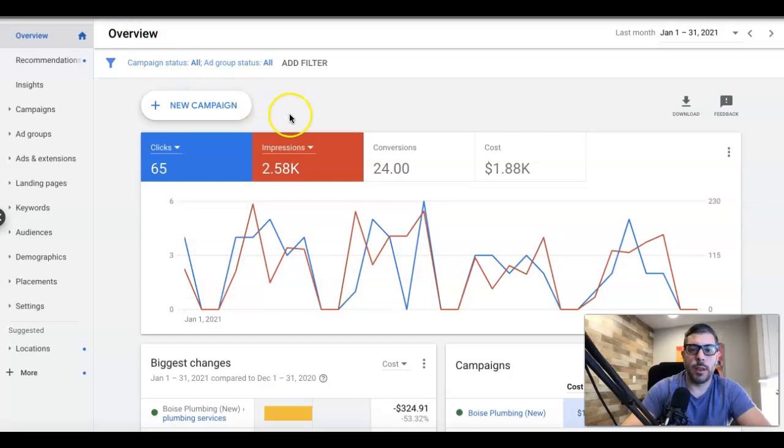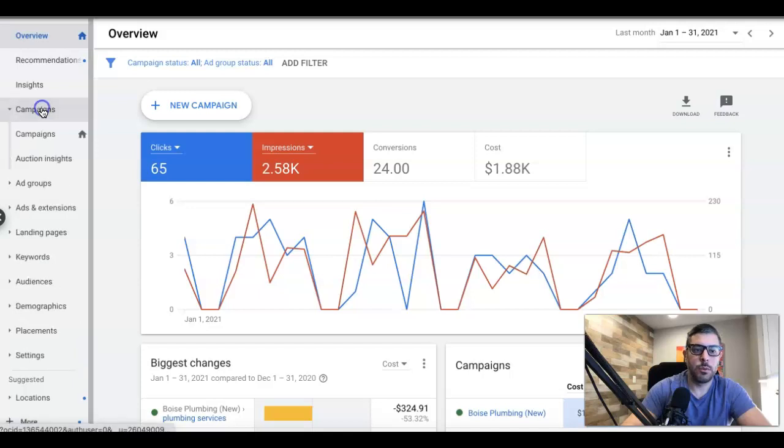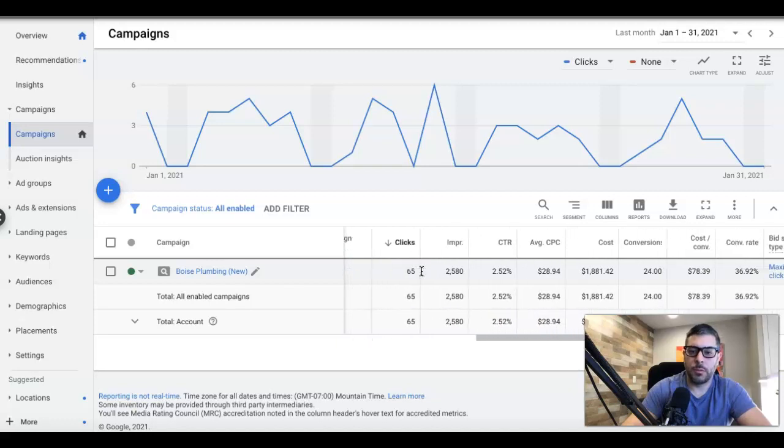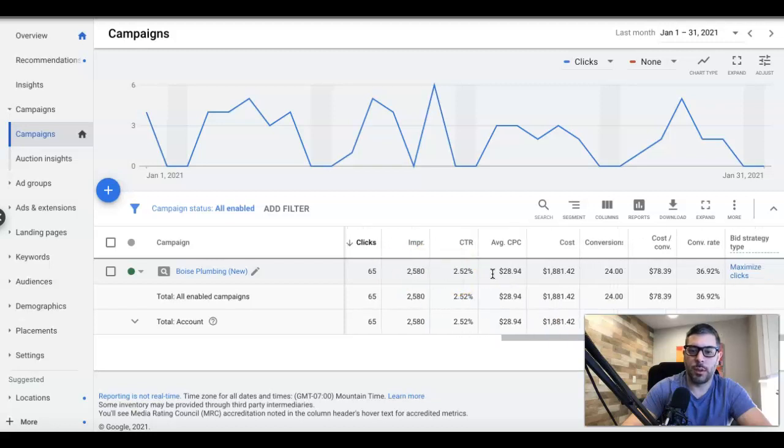Alright, so what you're looking at right now is inside the client's campaign. We just go into the campaign level here and run through some statistics. They're running a $91 a day budget. Last 30 days, they got 65 clicks, 2,500 impressions, 2.52% click-through rate, which is not that great, to be honest. Average cost per click is about $28, actually about $29. Total cost for the month they spent was